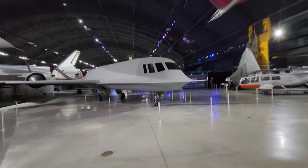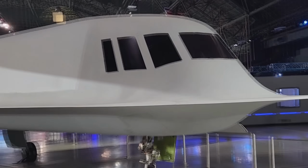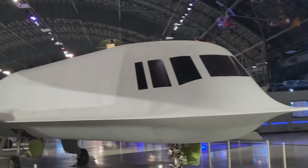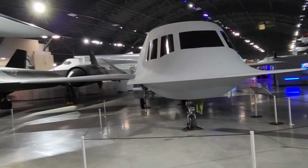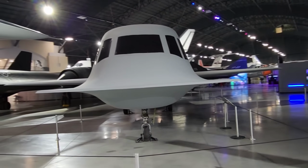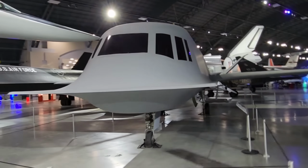Now, they had 3.5 stealth aircraft in this section, one being the first actual stealth aircraft ever made. Ladies and gentlemen, I give you this fucking thing. The Northrop Grumman Tacit Blue, or like Tacit bleh, am I right? Now, while this flying school bus was hit with an ugly stick, you can actually see some of the design elements that carried over into the B2, which was made by the same company. In particular, the ridge that bisects the top and bottom of the airframe, you see that same thing over on